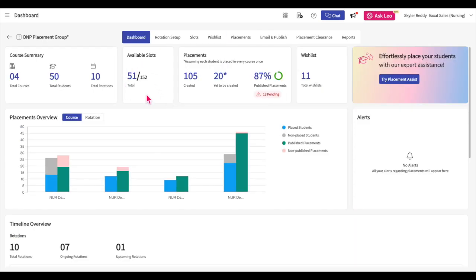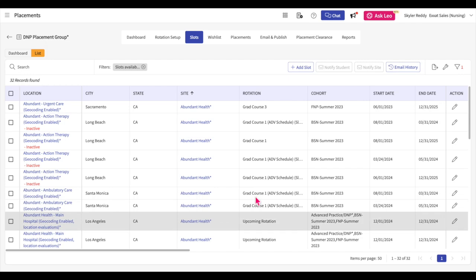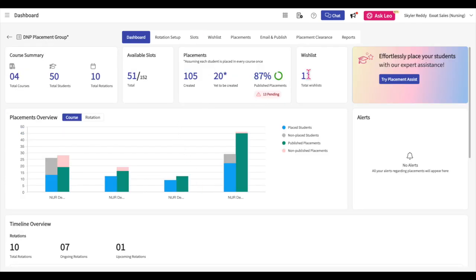In the Available Slots section, you can view the number of available slots out of the total number of slots added. When you click on the number of available slots, you will be taken to the Slots tab filtered to show only available slots. In the Placement section, you can view the total number of student placements created, the number